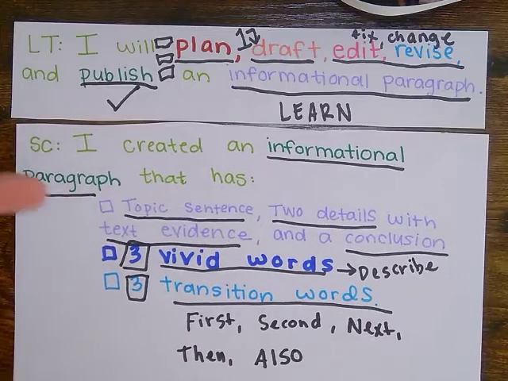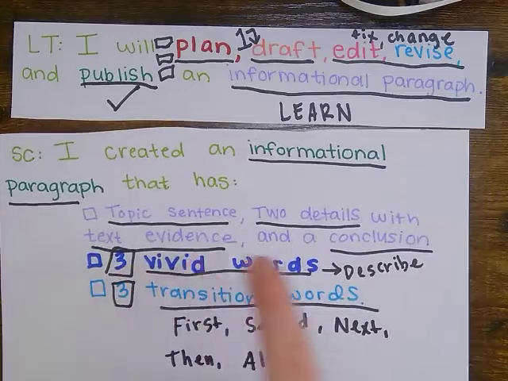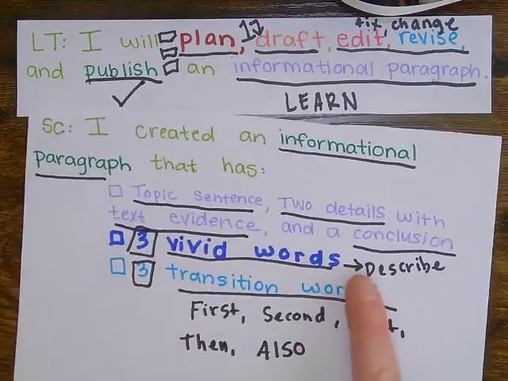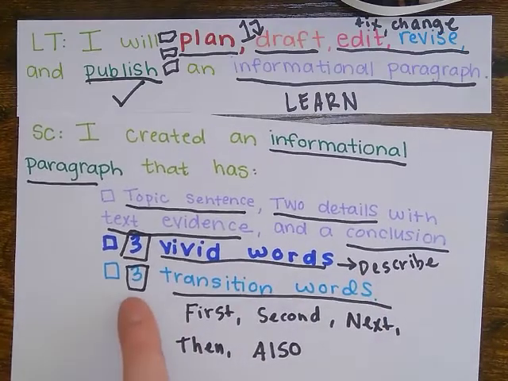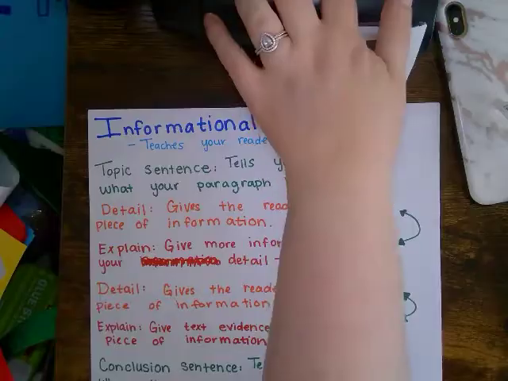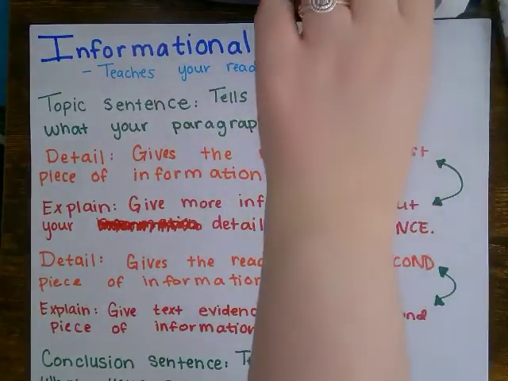You need to have an informational paragraph that includes a topic sentence with 2 details, with text evidence, and a conclusion, 3 vivid words that will help you describe the invertebrates, and 3 transition words to help connect your ideas. Like first, second, next, then, also are all great examples. So we're going to quickly go over what goes into an informational paragraph. Okay? There's a couple different parts to an informational paragraph. Okay? For example,